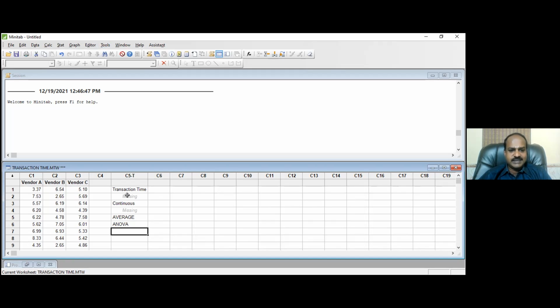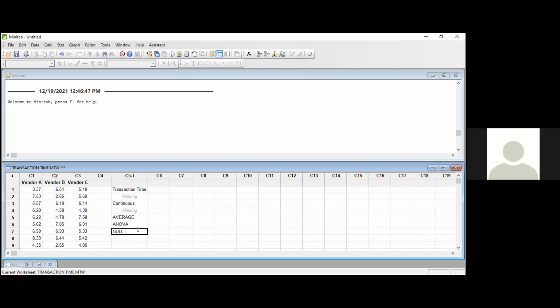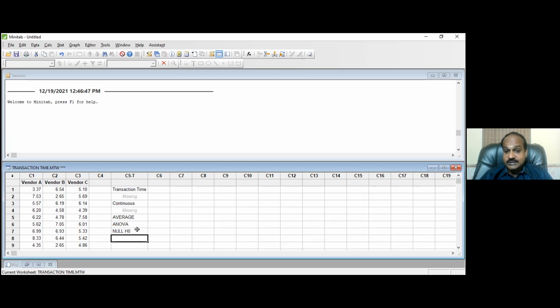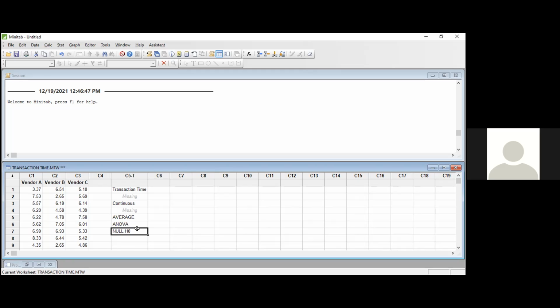So what is the null hypothesis now? Tell me. Null means equal, not unequal. Transaction time is equal. See, all of you stick to the basics first. Why you are getting confused is you are jumping to the real-time application part of it. Without basics, application will definitely be wrong. So is null a statement of equality or inequality? Equality. First of all, digest this. Violating this, you cannot be successful in application.